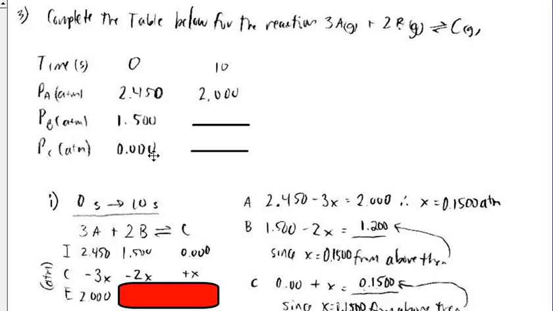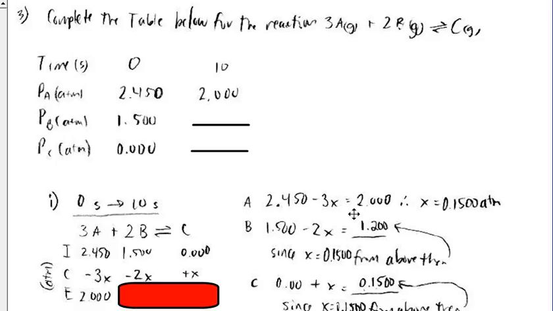So by Le Chatelier's principle, you know this equilibrium is going to shift to the right to give more of C. You can figure out exactly how much by making an ICE box or an ICE table, and it's in atmospheres for this particular problem. You know that since you have no product C, the equilibrium is going to have to shift to the right, and so you can safely assume that A will decrease by a quantity of 3 times whatever amount C increases by, and B will decrease by 2 times the amount that C will increase by. And since you know the pressure of A in the end, you can write out an algebraic equation,